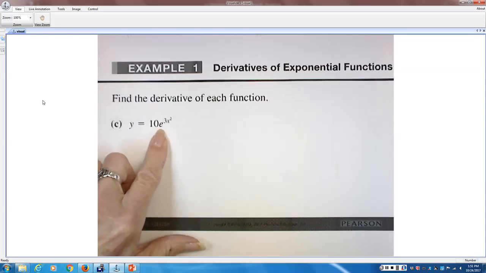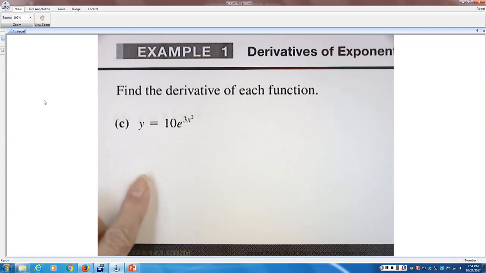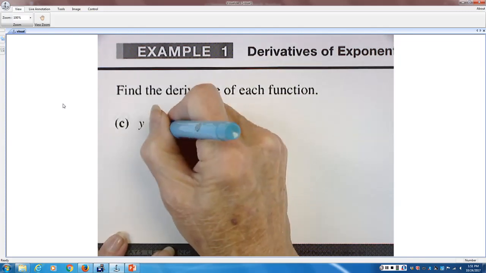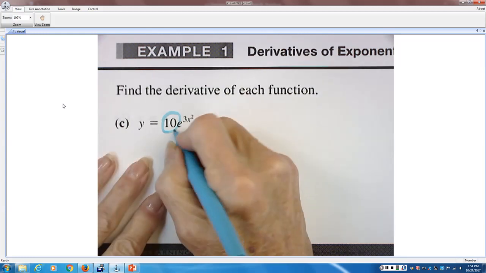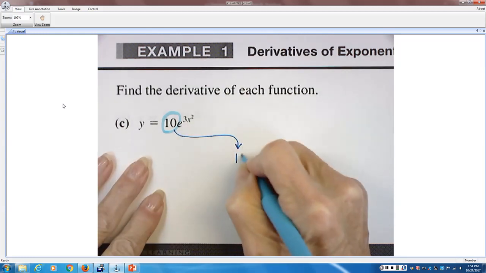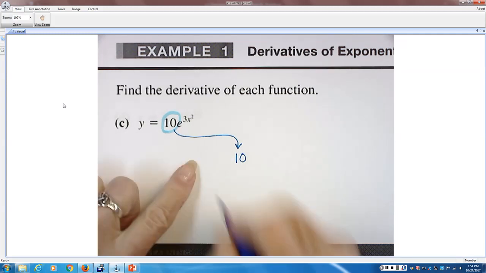This one, I want you to think through what this thing actually does. That 10 in front is a multiplier. That's all it is. It's a multiplier. It's a coefficient. So because it's just a coefficient, it's just going to tag along. It's just going to ride along in the problem. So we're going to have 10 left in the problem because that's what it does, it just hitchhikes and multiplies. So then y prime